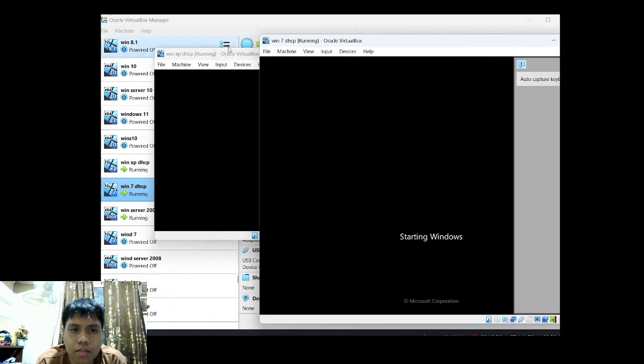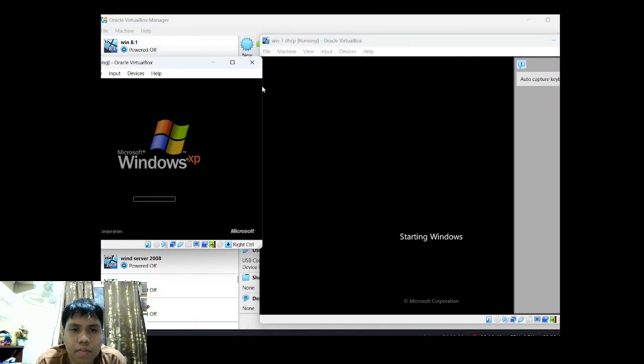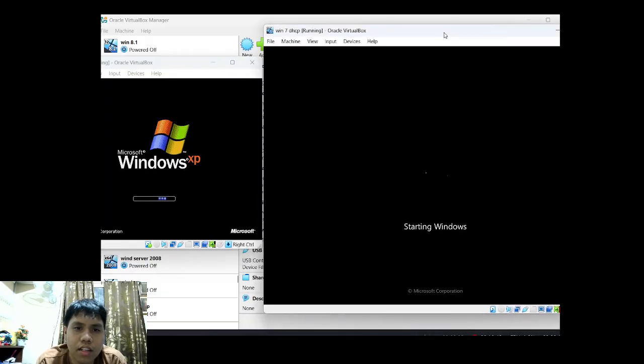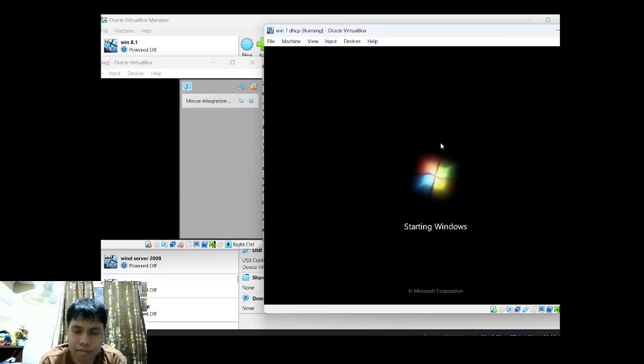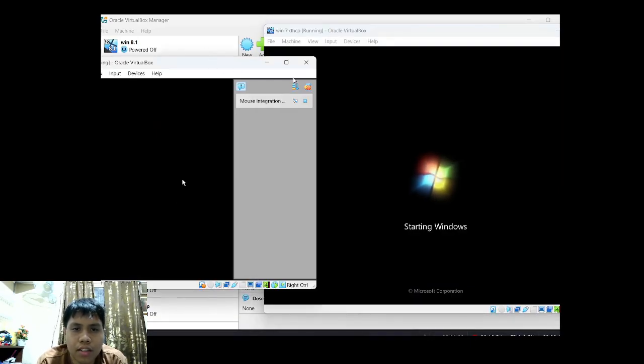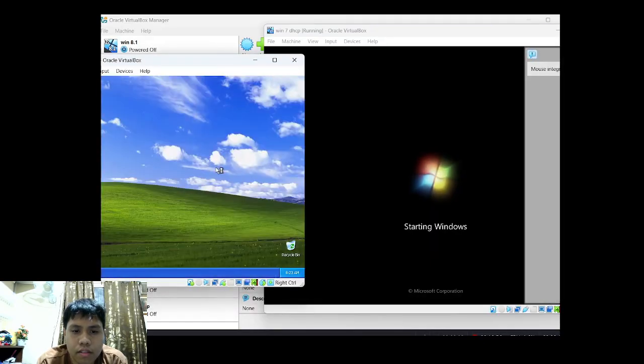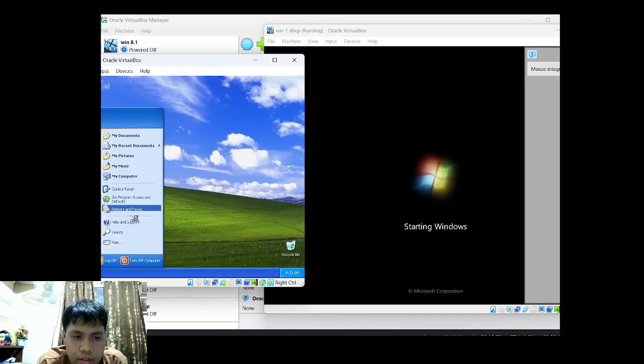And the first thing is Windows 7 and Windows XP. You just need here the Windows 2008 for the users. You just need to change some things here.